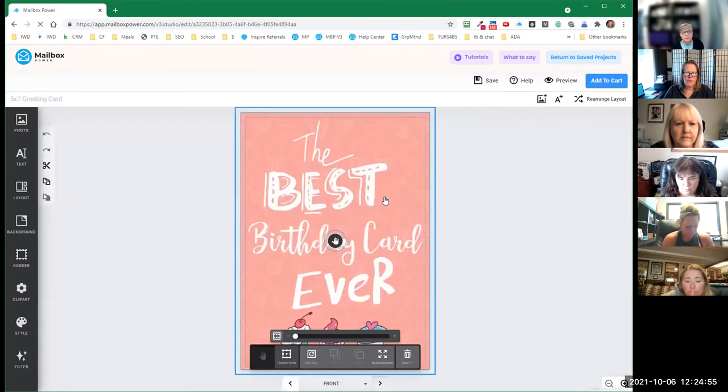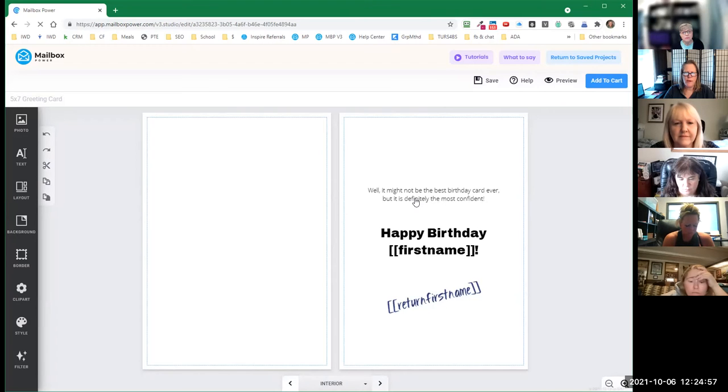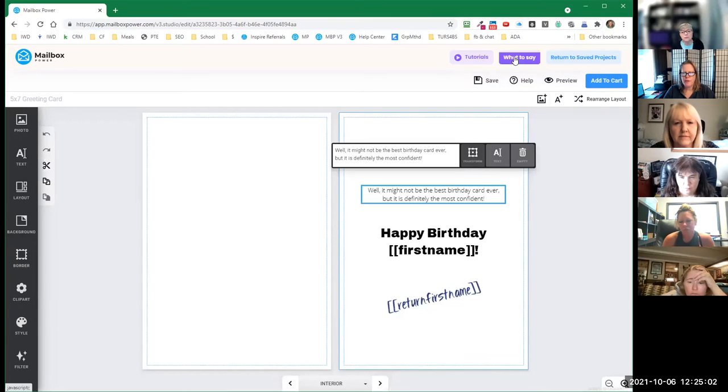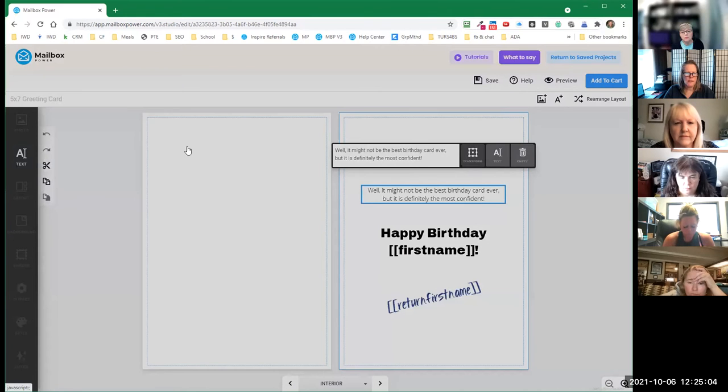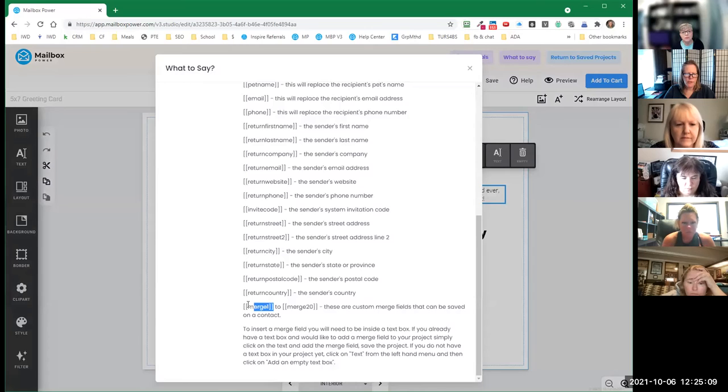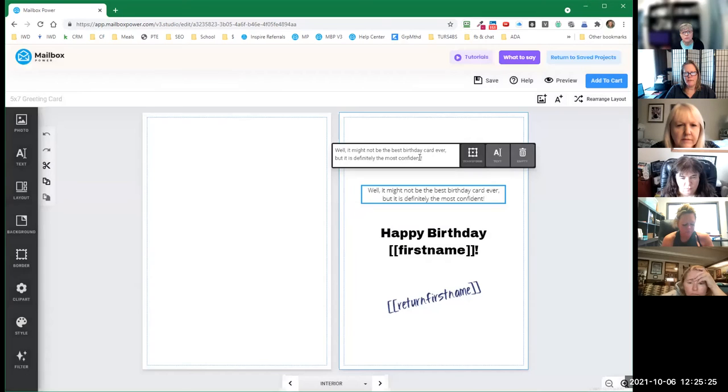All right, so if you want to add the merge field, click up here and go to merge fields, and then merge 1 through 20. What they're showing you here is that there's no space between merge and the number that you want to use. So merge 1, if you copy that and put it in, obviously it does not make sense with the text